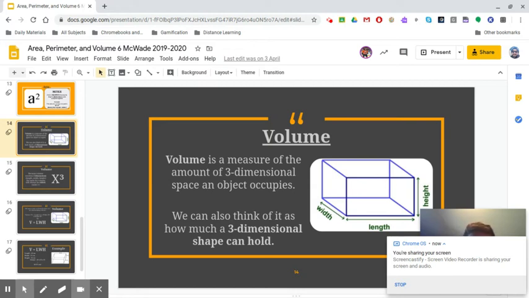After that, we looked at area, where area equals LW. So area equals the length times width. We've continued on with that formula as we look into volume. So volume, unlike area and perimeter, is a measurement of a 3D object. So an object that takes up 3 dimensions. So volume is a measure